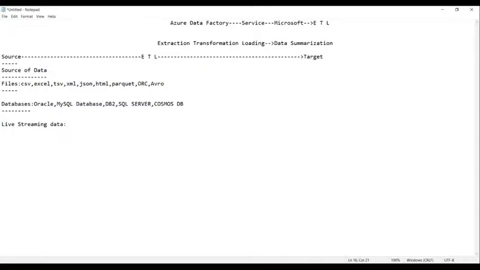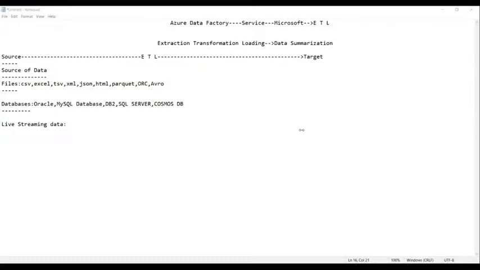Many sources are there, but these are the three major sources. We can get the data from files, from databases, and from live streaming data.